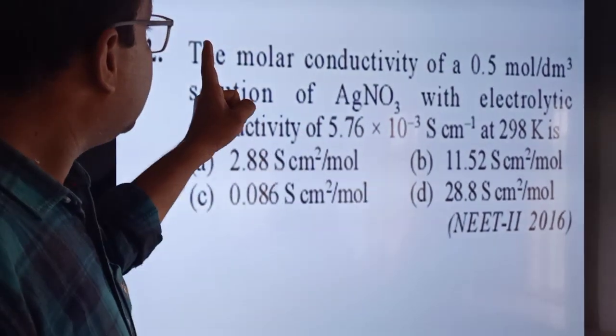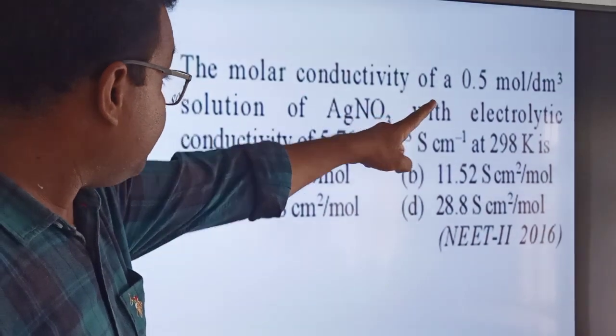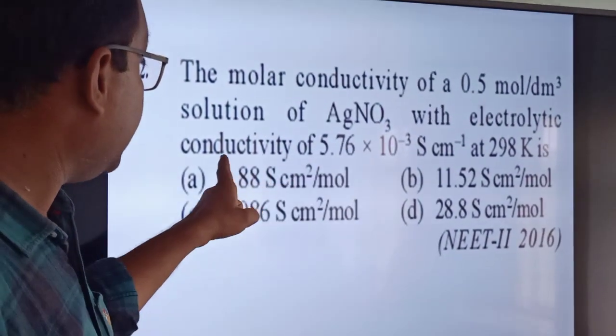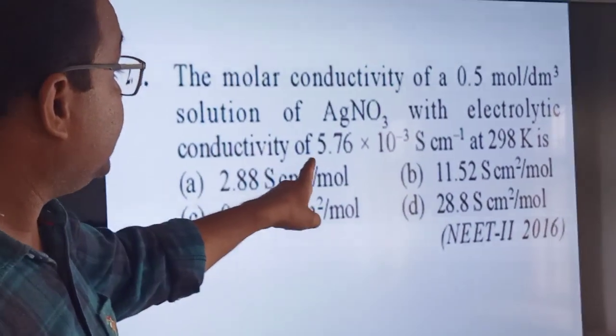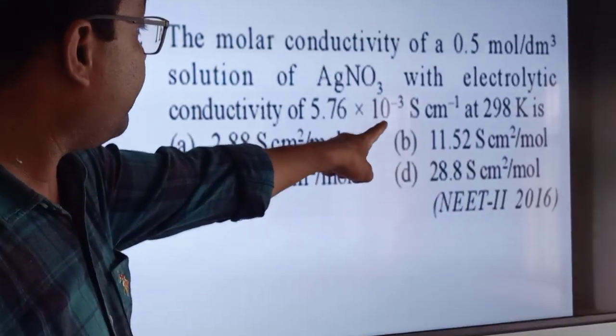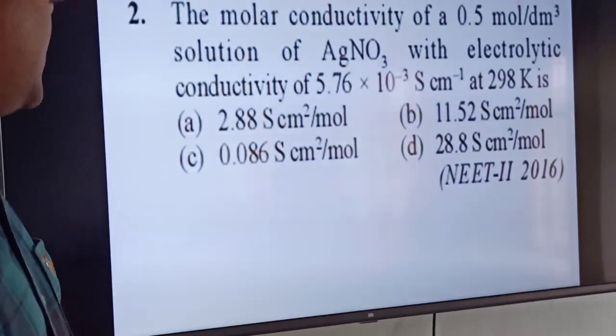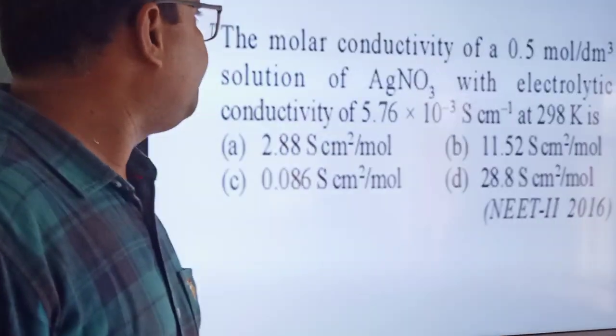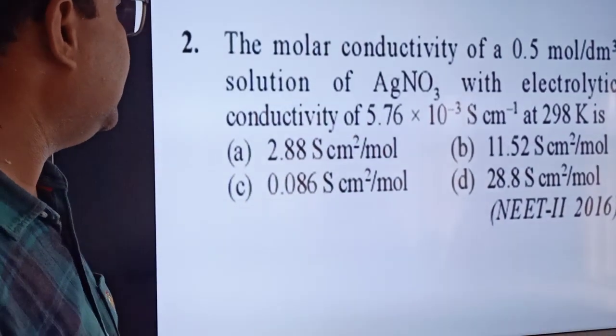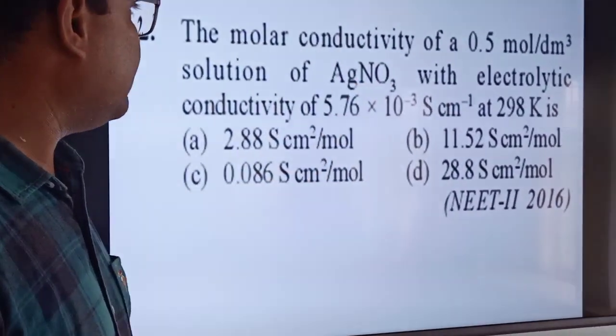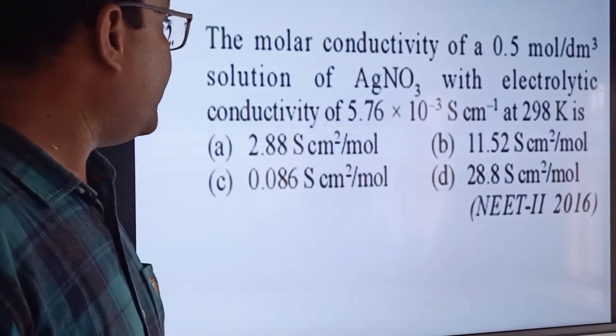Concentration is given, he is asking molar conductivity, where electrolytic conductivity is also given, that is 5.76 into 10